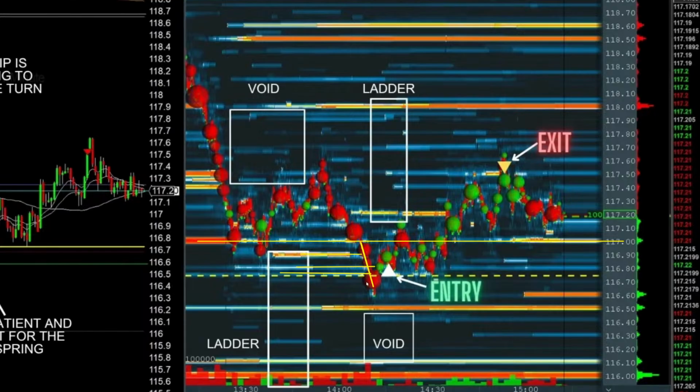Off that level, I would say this is not absorption. Okay. But this over here is absorption. It could be, unless there are a lot of icebergs, which again we don't see. But this is absorption here. It has to be absorbed by the passive orders. Okay. And this would be more of a sweep, which typically is a stop run.